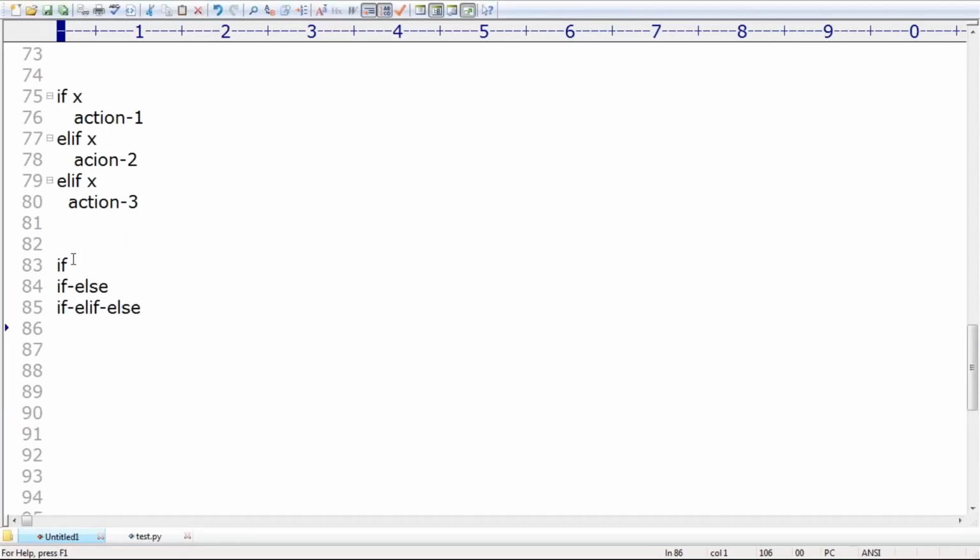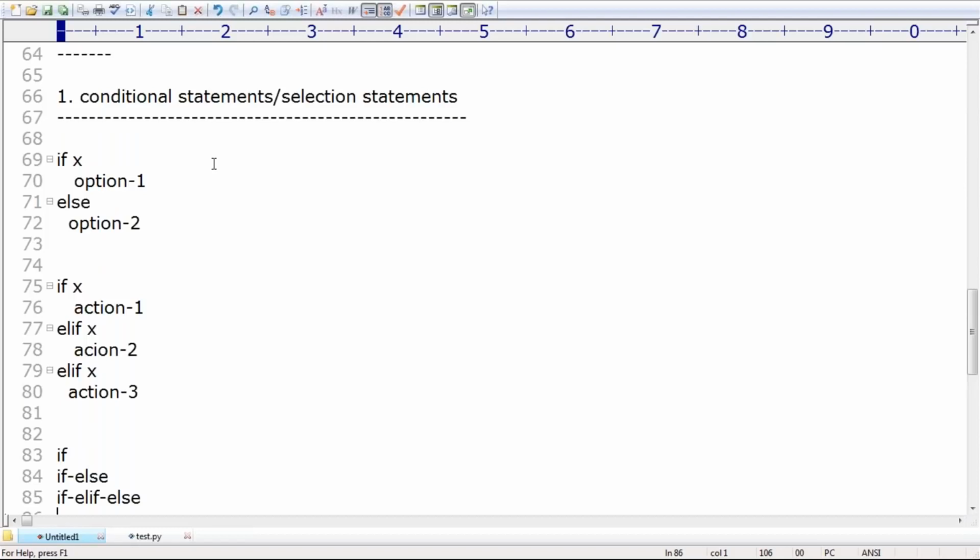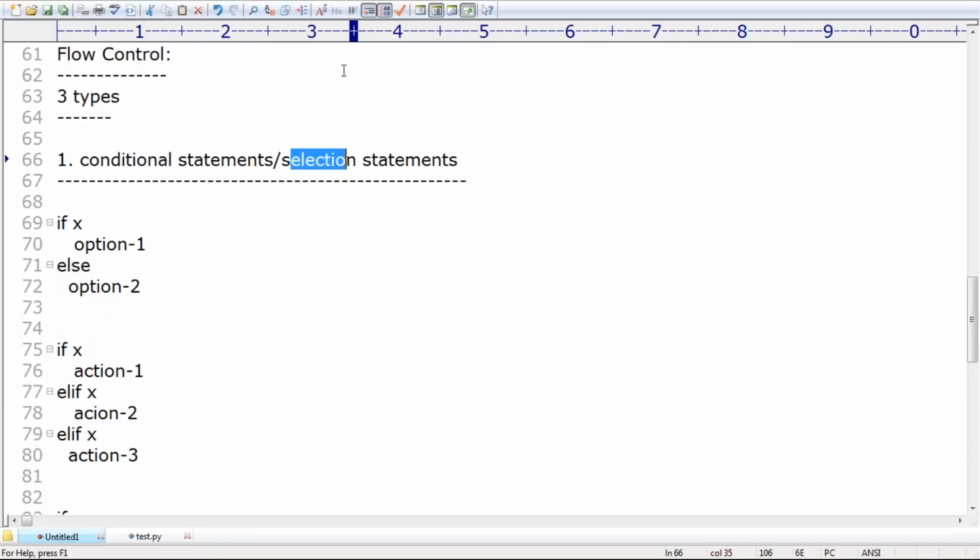But what is the syntax? How to use that part I will take care of. Don't worry much about this. Just the words, right? Only the words you people should be aware of. Sir, if multiple options are available, select only one option and execute that option. Such things are by default considered as flow control statements, selection statements, right?